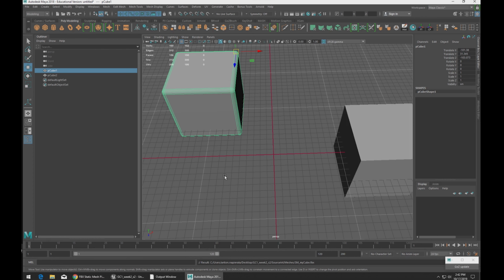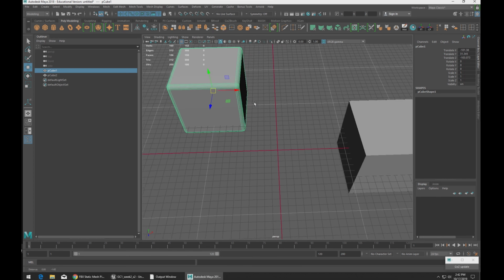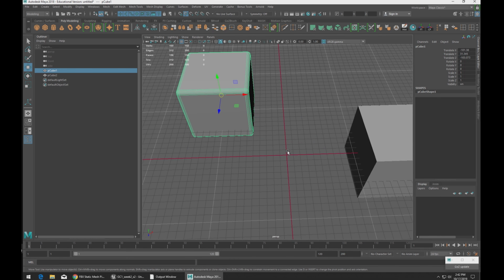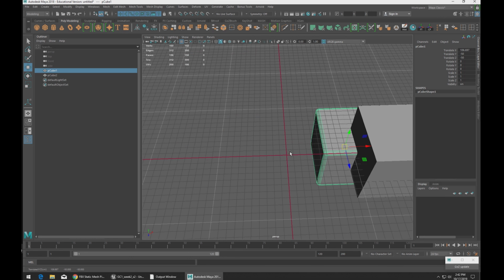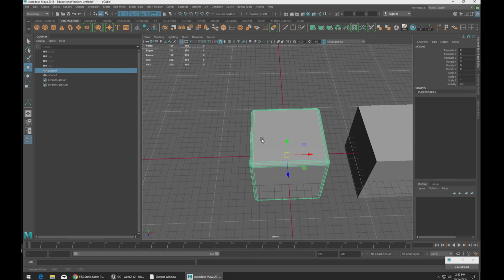But what I could do to prove that is not the case, and we'll talk about what is actually going on here, is if I take this object and I push it over here, and maybe I even take the pivot point and move it onto this corner, and you're like, well, the pivot will show up on this corner, right? If I go ahead and export this, and if I export it right into the same place,